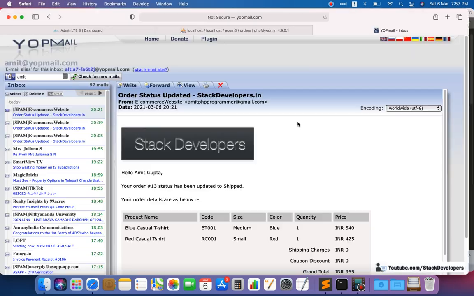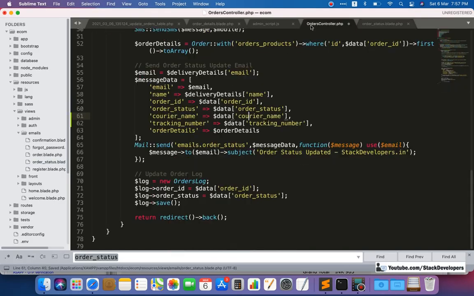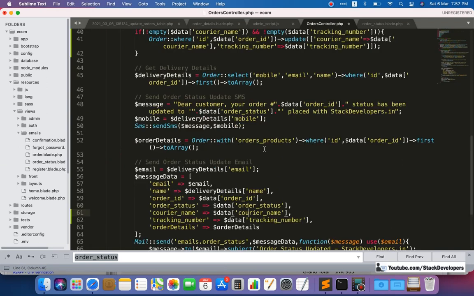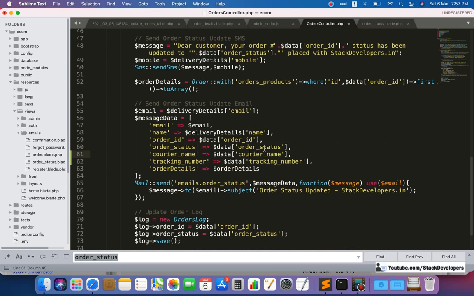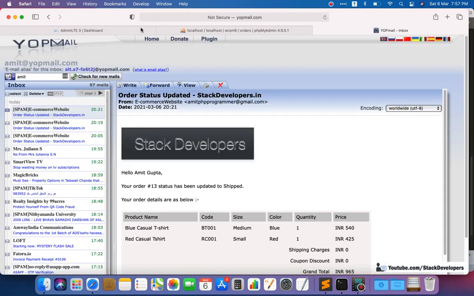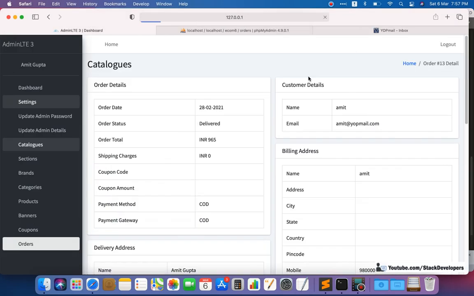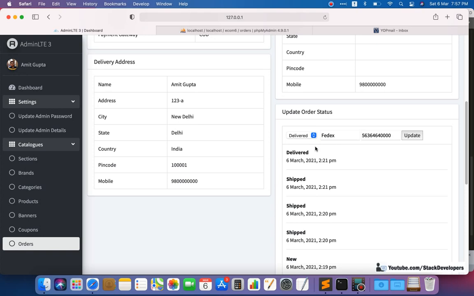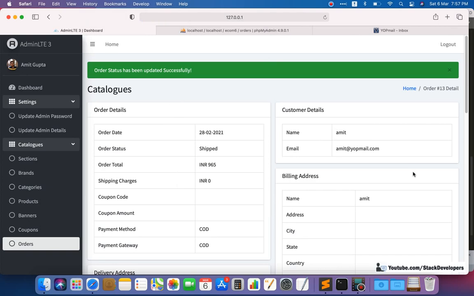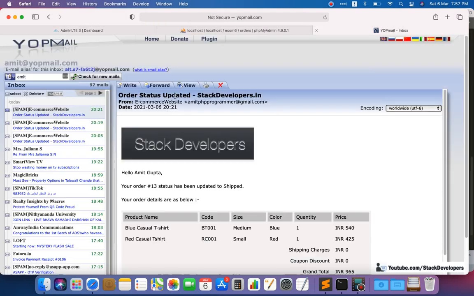So now we can try, and I hope that the email error will not come and Gmail SMTP will work fine. Let's hope the error will not come, because the last time the error came and we can't do anything if the error comes. Okay, so let's click on shipped. I am going to send these both, click on update and wait for a few seconds. It's done, and now we are going to check.